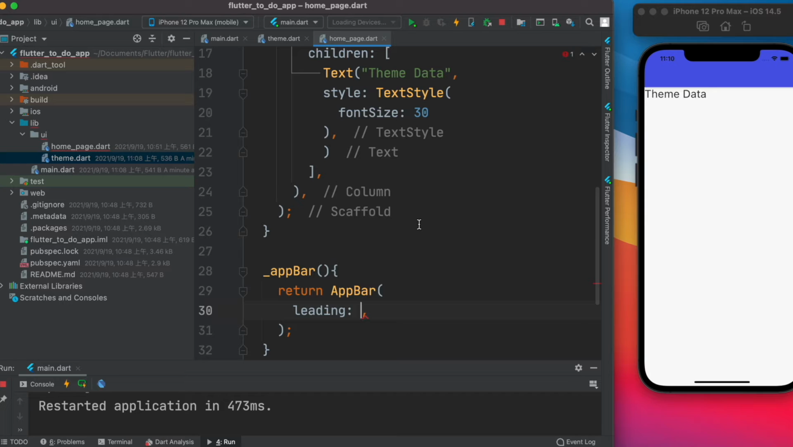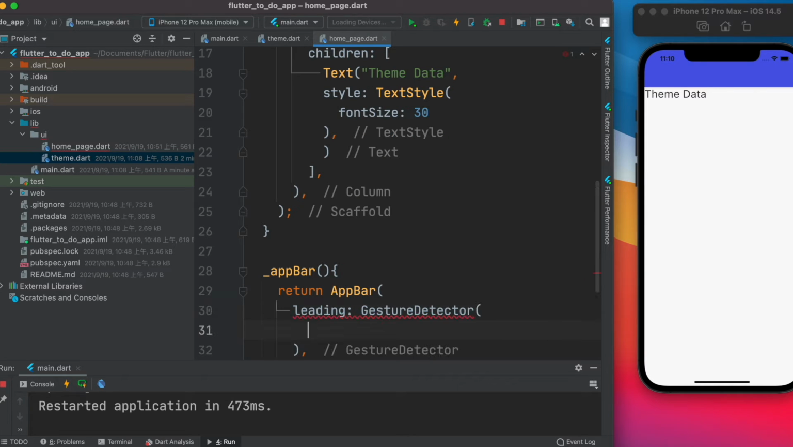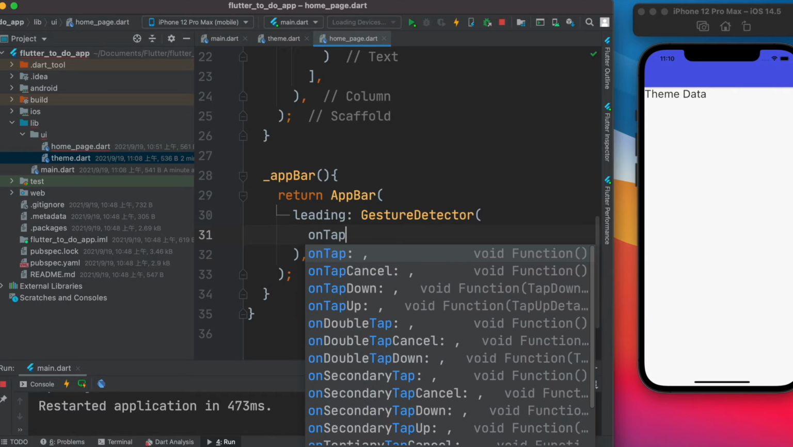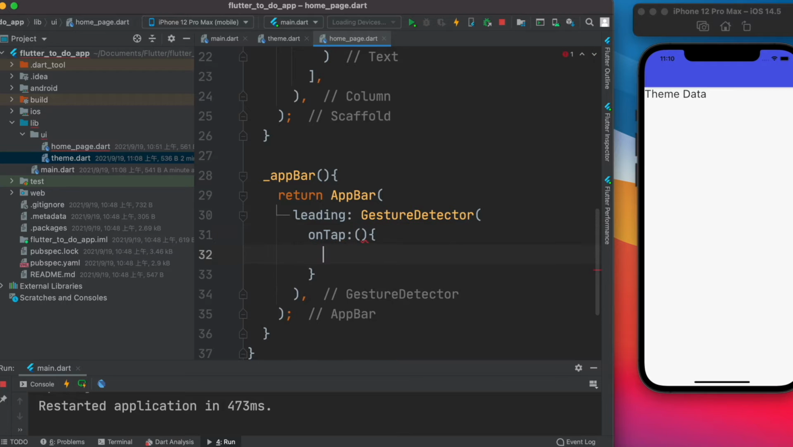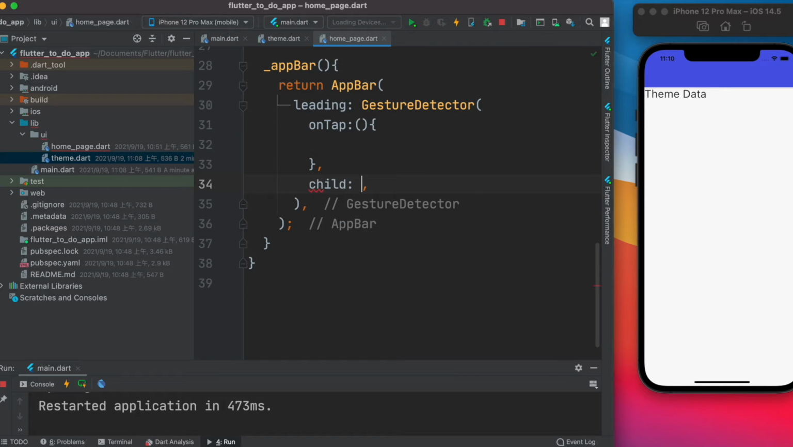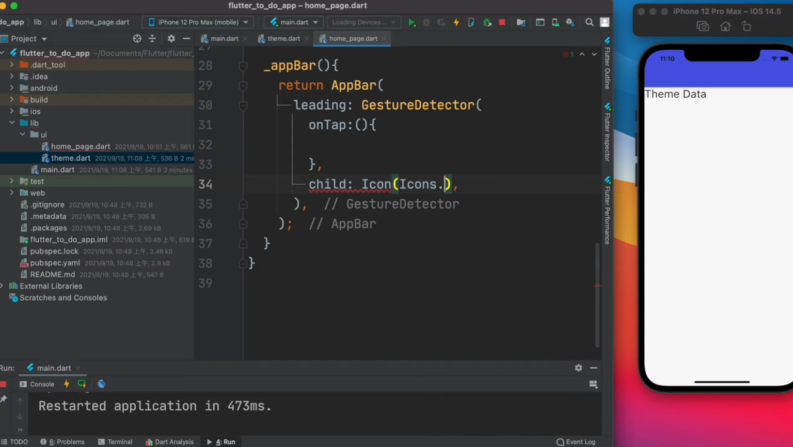Now within this we'll return a constructor called gesture detector, because we want to be able to click and change like that. Yeah, so now it takes an onTap property. For now onTap is empty, and over here what we could do is change the icon. We can set up an icon over here. It takes child, and within child we can set up an icon. So Icons dot night